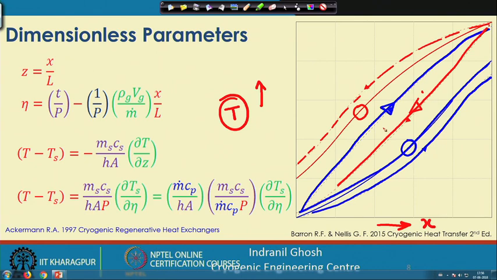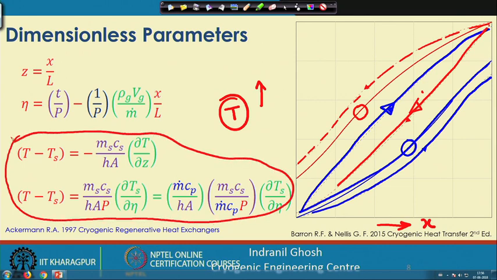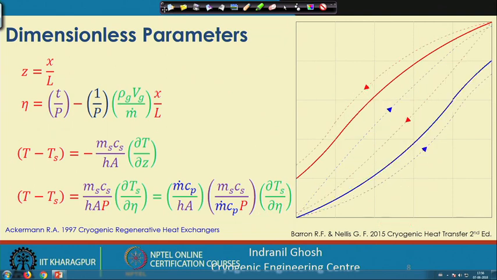But if someone solves that equation with the boundary conditions applied, as I have said, one can get this kind of temperature profiles in the fluid as well as in the matrix of the regenerator. So, we are not going into the details of calculating the fluid temperature profile or the matrix temperature profile in this lecture,